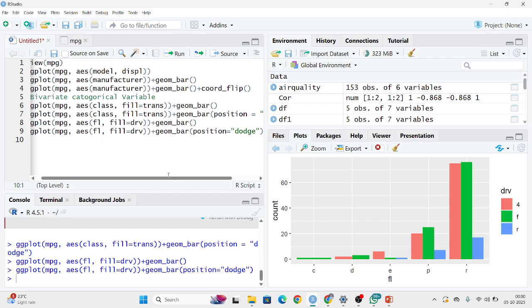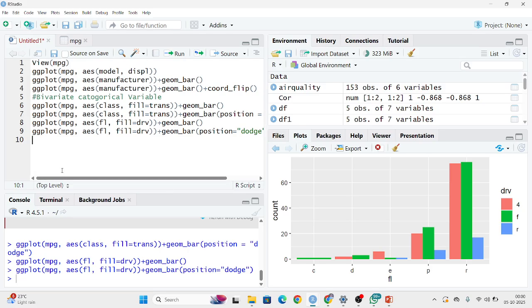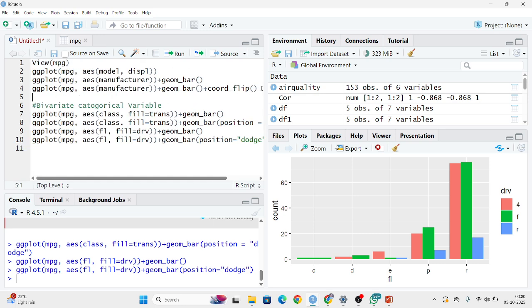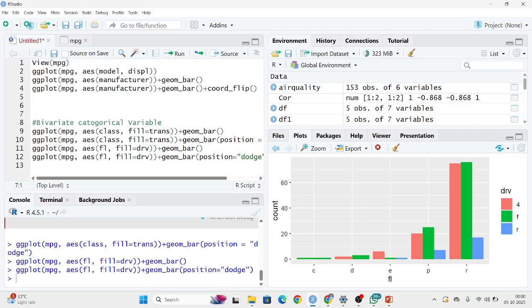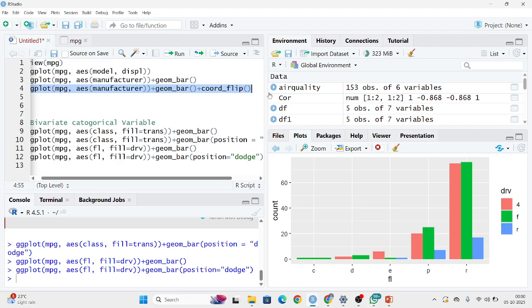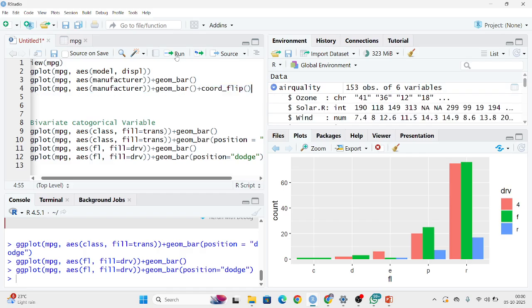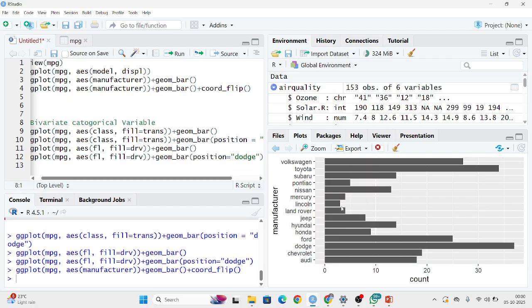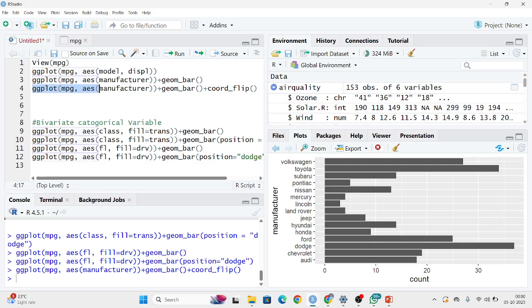So for univariate and bivariate, for both we are using the bar plot, and specifically for bivariate, if you observe, we cannot define the y-axis, and that's why we are using fill. Okay, in one variable, let us work on this, as it was a very simple plot. Let me run it one more time. If I run this, it is a very plain bar plot. If I want to add,